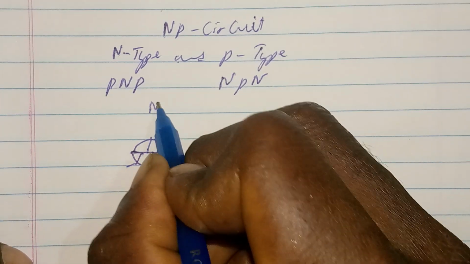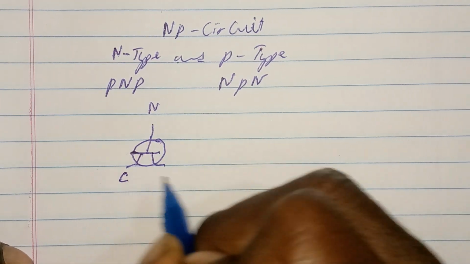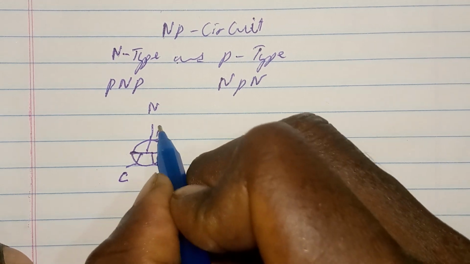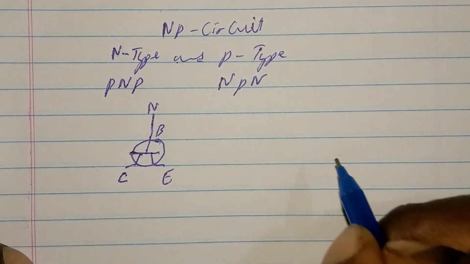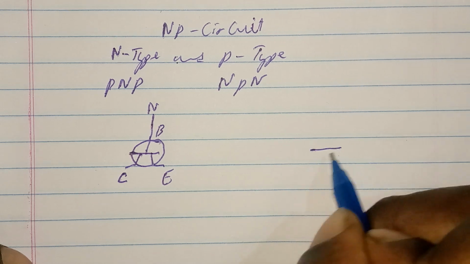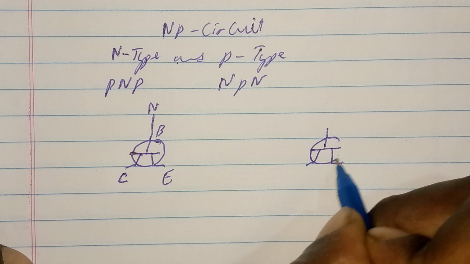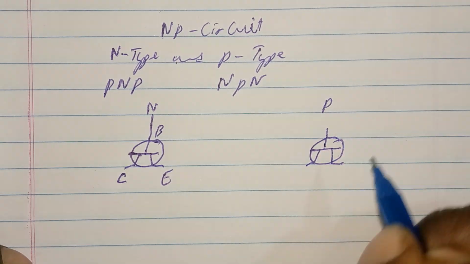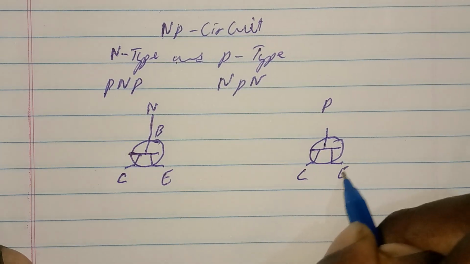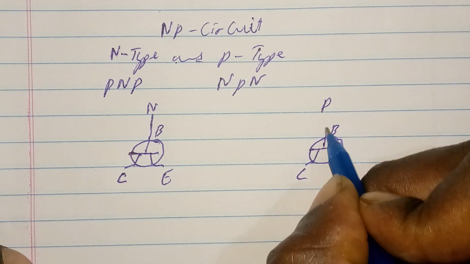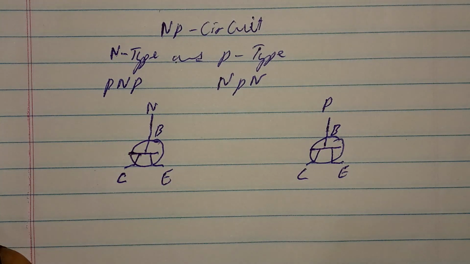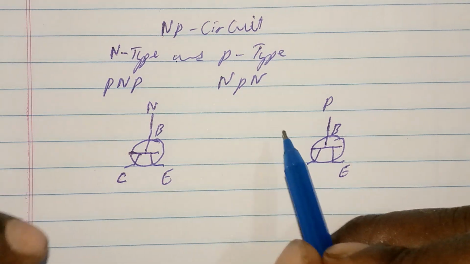this is the N-type transistor. We have the collector here, we have the emitter here, and then we have the base here. And then we also have another transistor here, which is the P type. We have the collector, the emitter, and then the base here. Now, what I mean exactly by